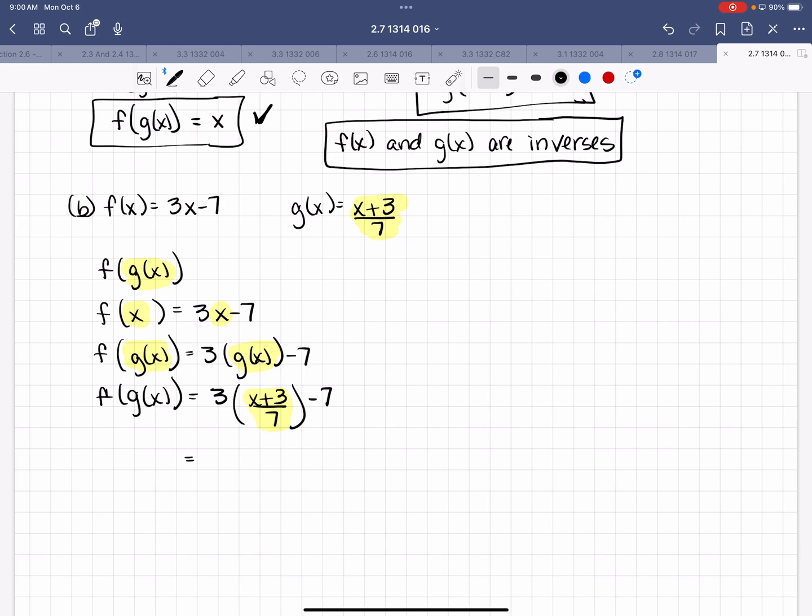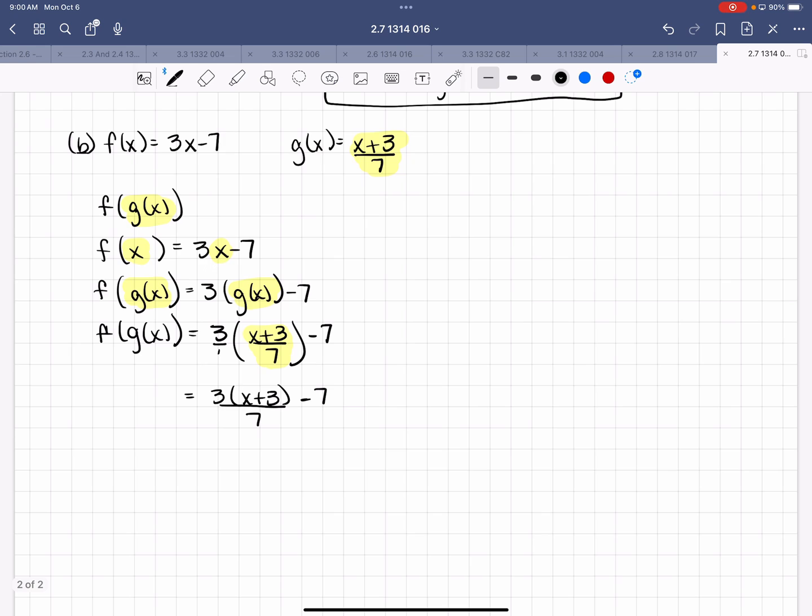That's going to give me, I'm going to go ahead and distribute that 3 on the top, because remember, guys, this is really 3 over 1 times (x plus 3) over 7. So top times top, bottom times bottom. So that's going to be 3 times (x plus 3) over 7 minus 7. Okay, that's going to give me (3x plus 9) over 7 minus,